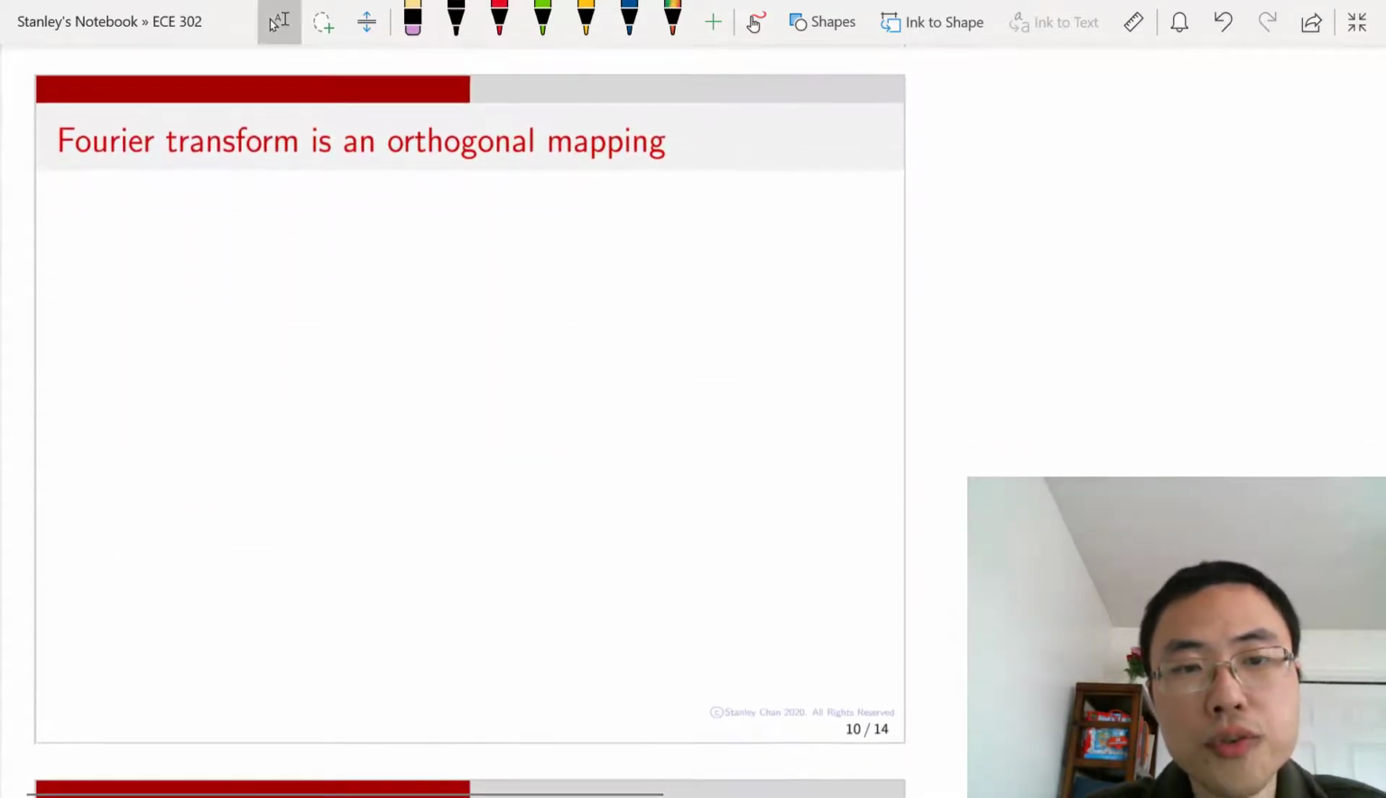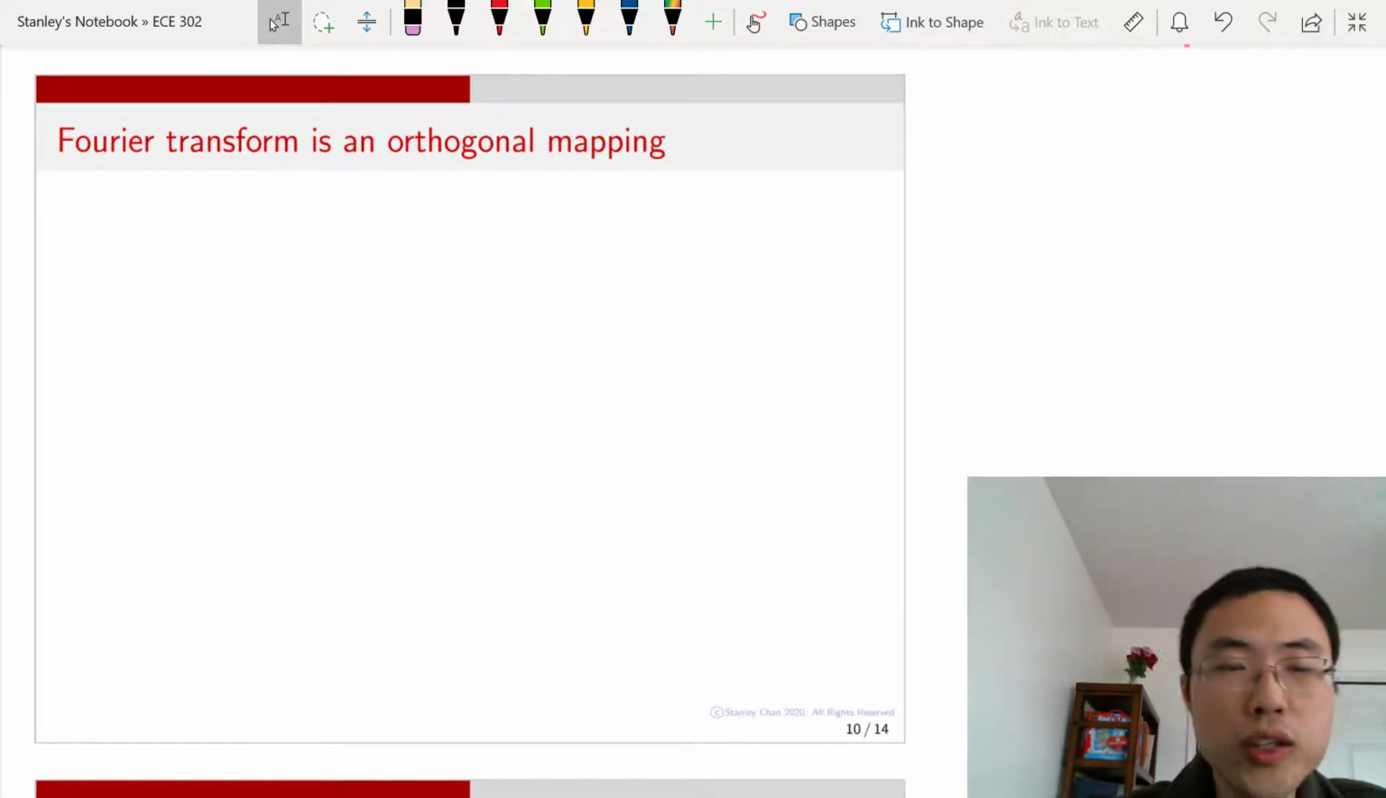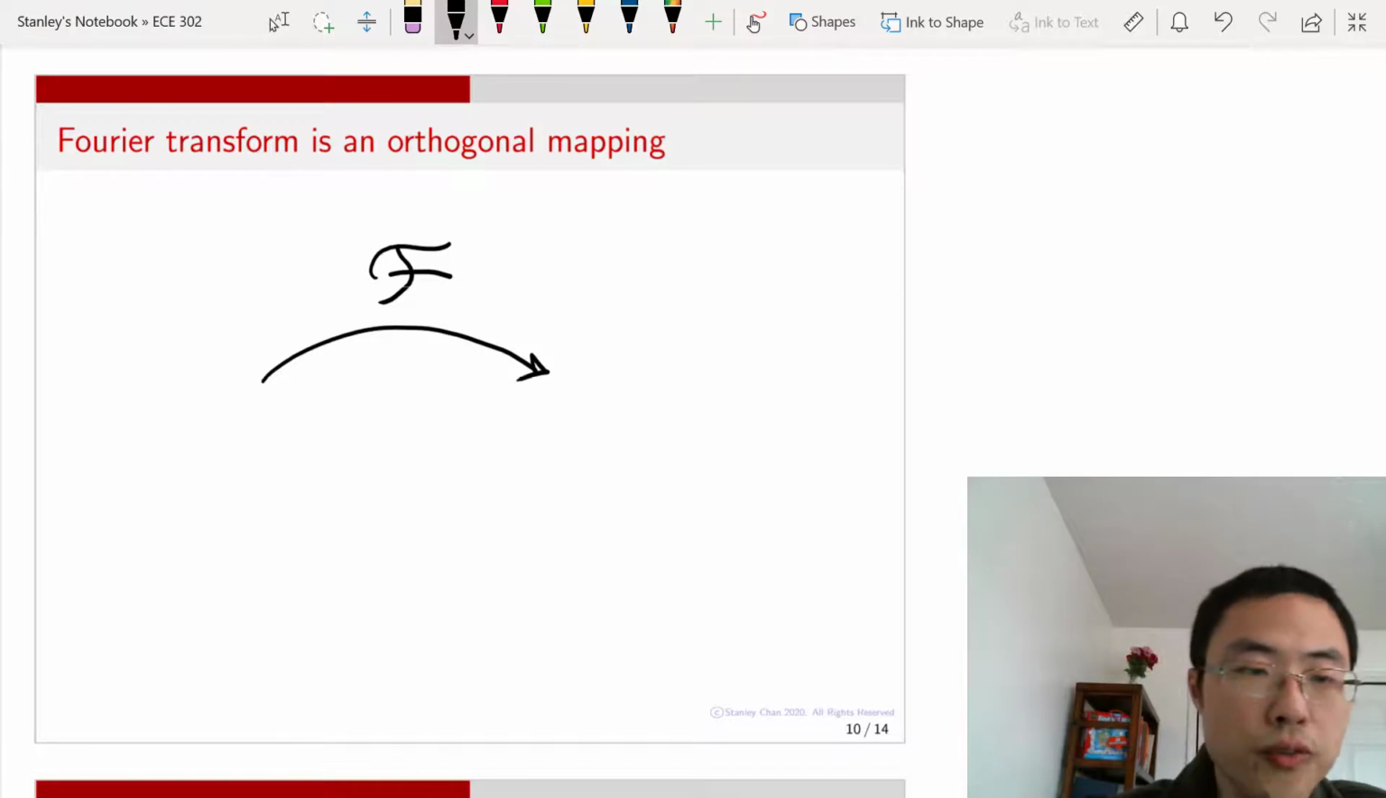All right, so let's first talk about this orthogonal mapping. What is the Fourier transform? Well, the Fourier transform, of course, is an operation. It is this operation that goes from one space to another space. The original space that you're living in is